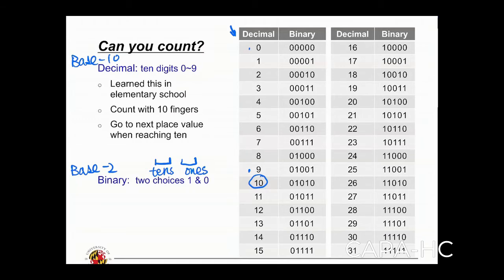As we continue counting, we start adding loose items, so 11, 12, and then until we reach 19. And now when we add one more, we are going to